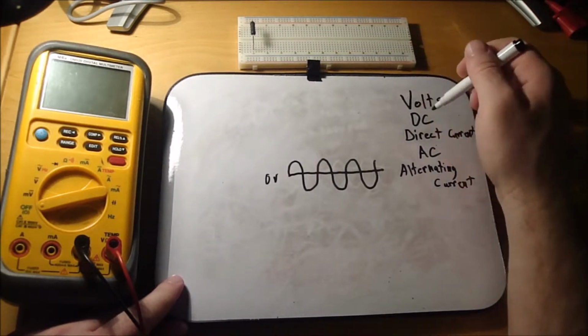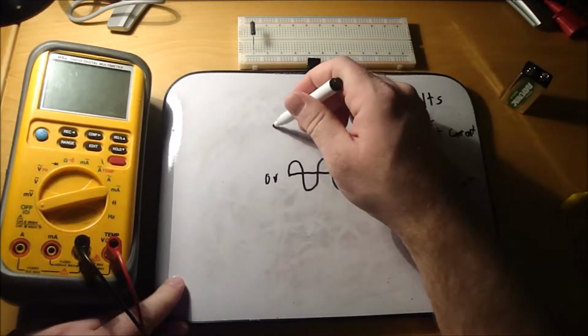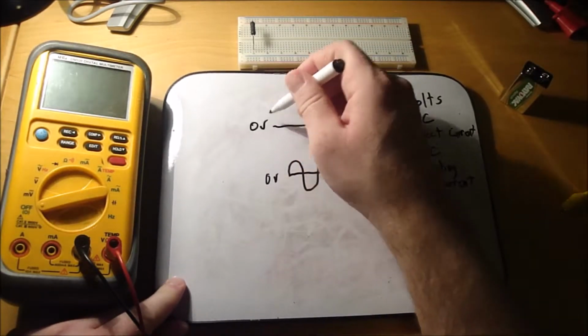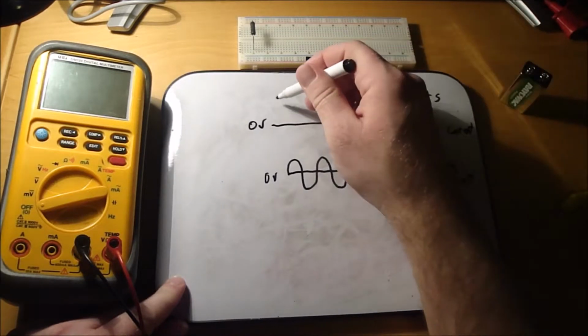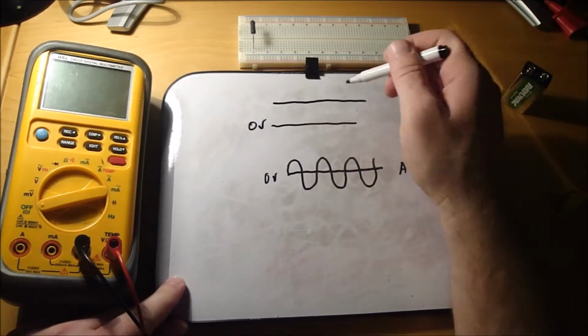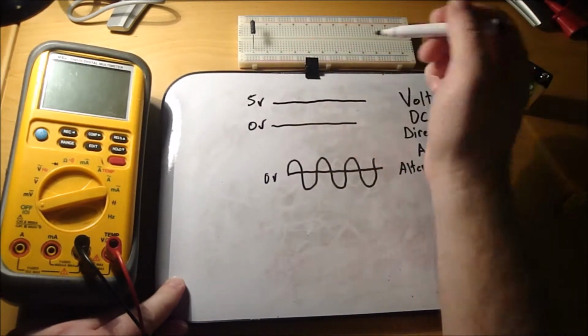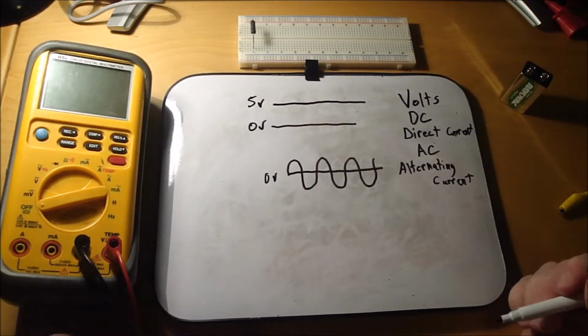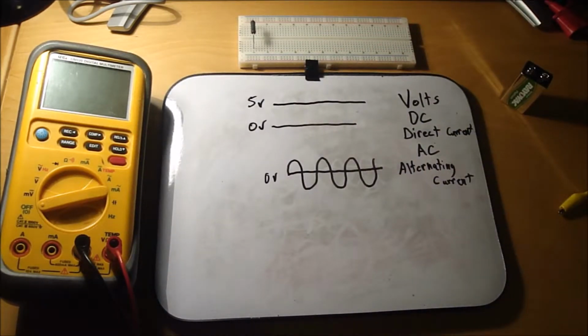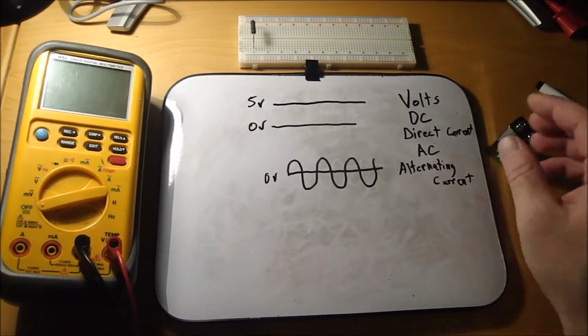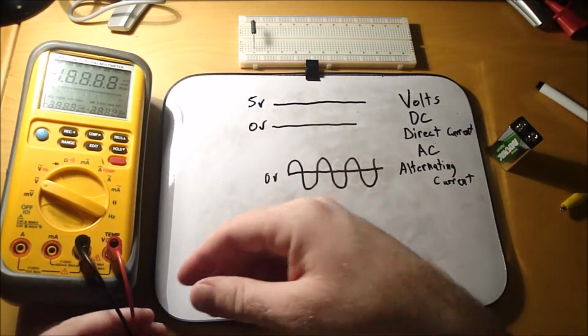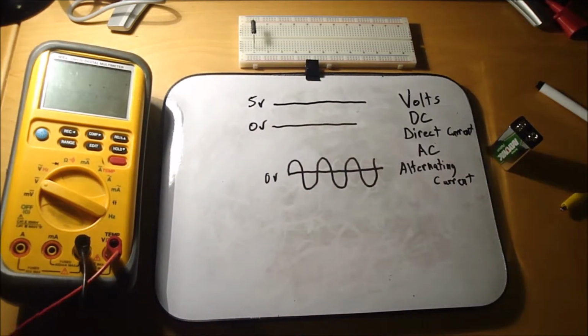But volts DC, let's say this is 0 volts, and you got a 5-volt supply. Your voltage is just going to be constant, 5 volts. So DC voltage would be a battery. Just to show you, I got a 9-volt battery here,